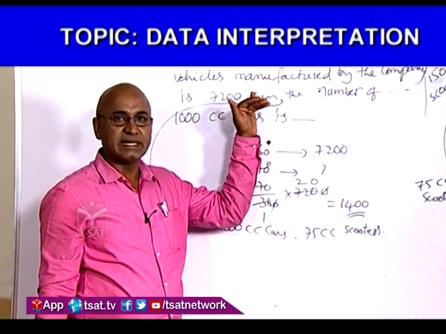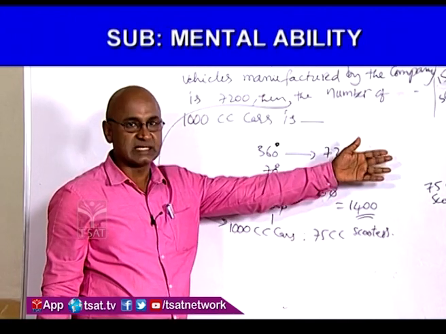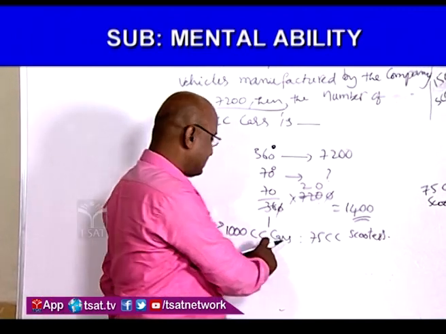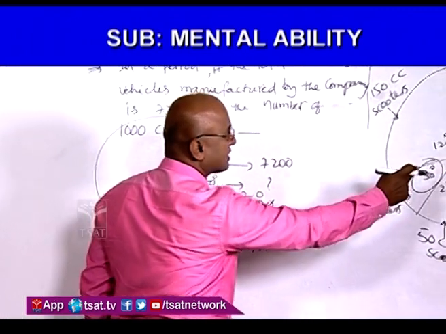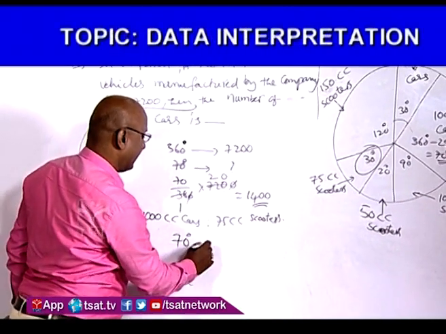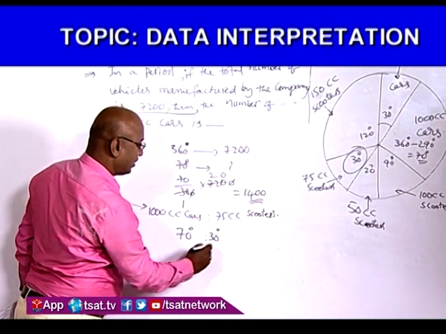Even though the data is given, there is no need to find the total number of productions of individuals. Directly you can find the ratio of 1000cc cars to 75cc scooters. So 1000cc cars is 70 degrees and 75cc scooters is 30 degrees. So the ratio is